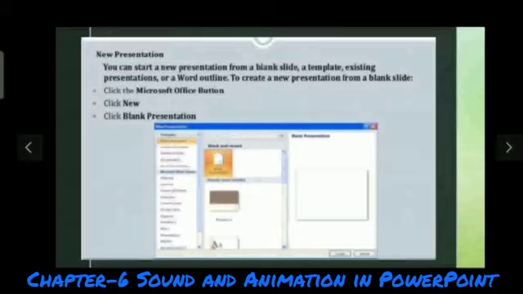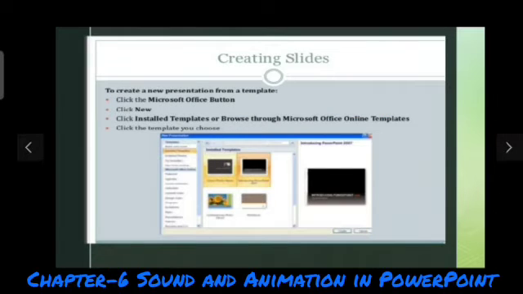To create a new presentation from the blank slide, we have to follow these steps. Click the Microsoft Office button, click the new button, and click the blank presentation. So this is the method for creating a blank slide.